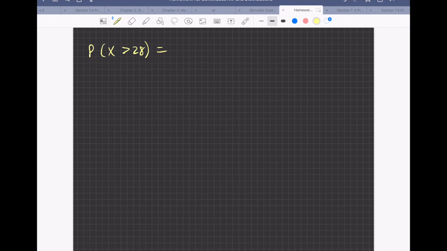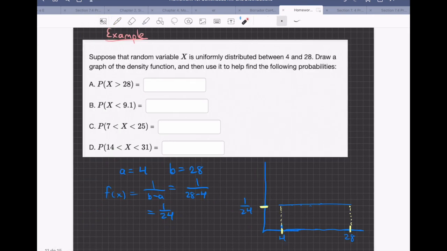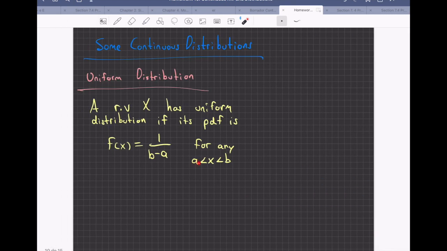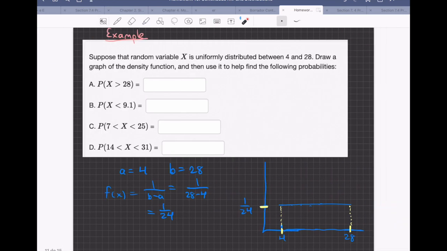So this integral is going to be the integral from where? In this case, notice, what is the lower limit for this? According to the definition, it is defined only from A up to B. So in this case, A is 4 and B is 28. So greater than 28 has to be,